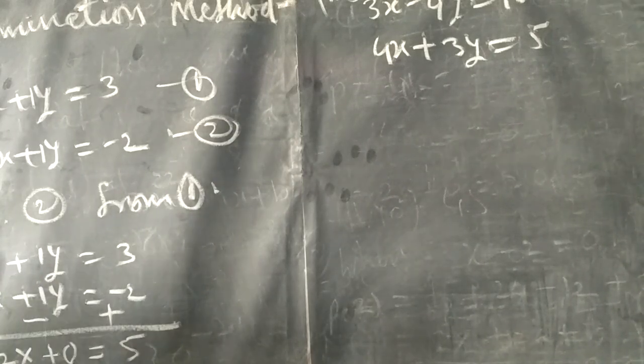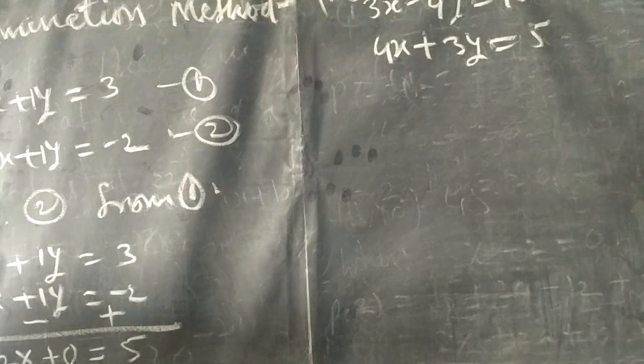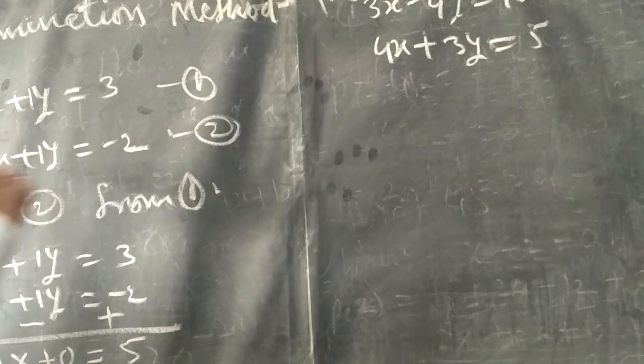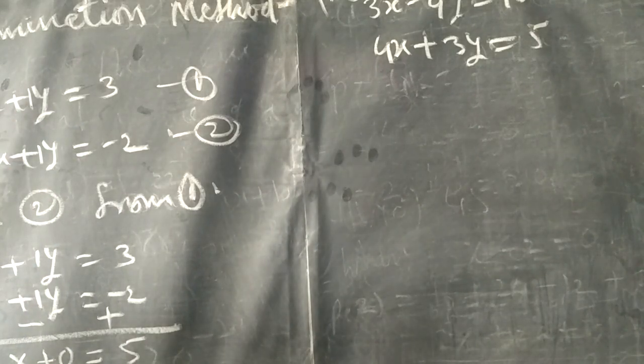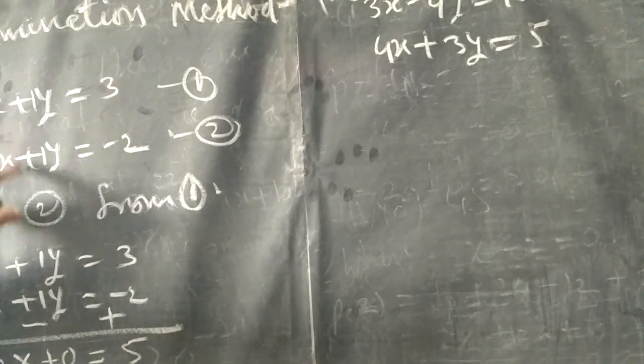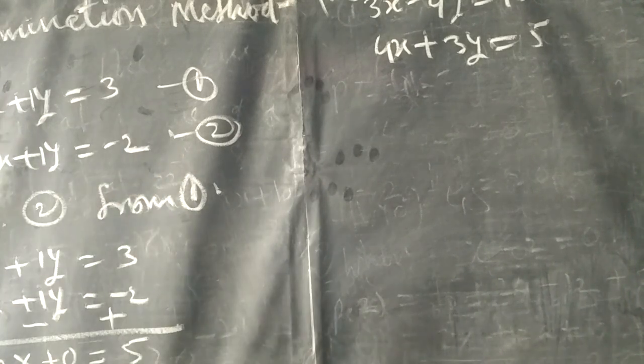See, here we have eliminated one variable by subtracting. Here both are positive, so I have to subtract. Then only y can be subtracted from y. This decision of subtraction is taken by seeing these signs. Both are positive, so subtract. Now I will put this value of x in one of these equations and get the value of y.